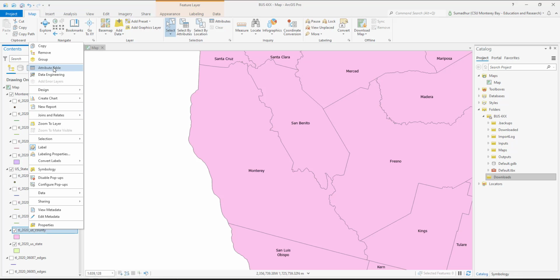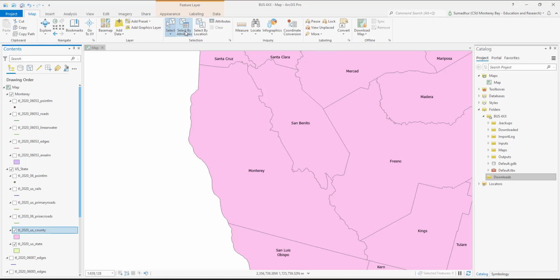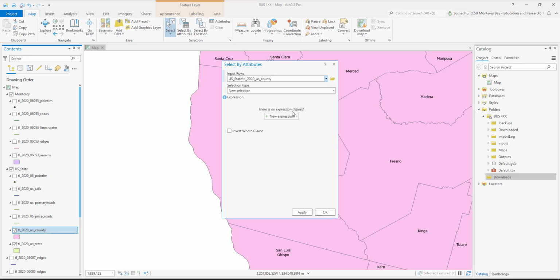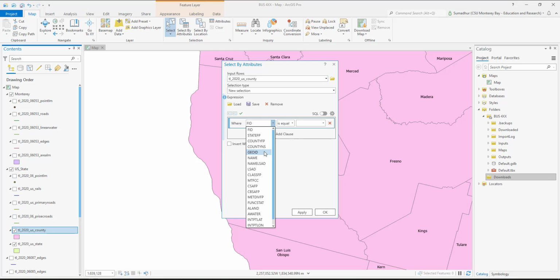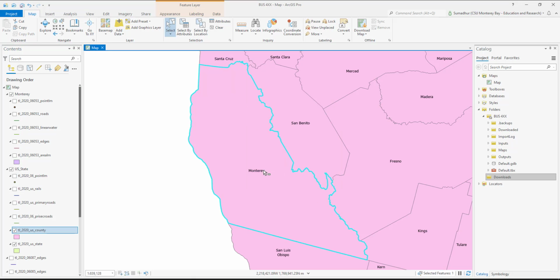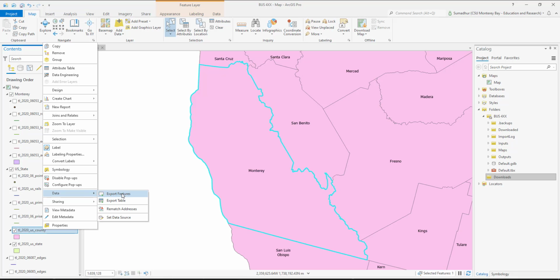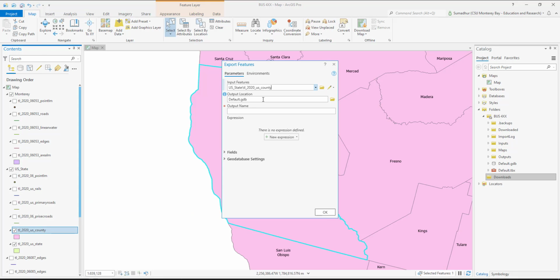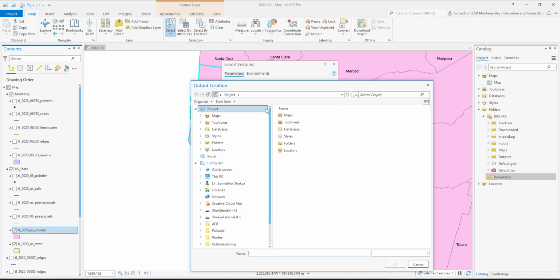And I'm going to say select by attributes, new expression, where GeoID is equal to 06053. That's Monterey County. And hit apply. Okay, so now this particular county is selected. So if I was to export this now, only the Monterey County out of the other 2200 counties will get exported. Okay, so again, change the location to